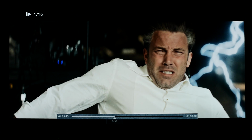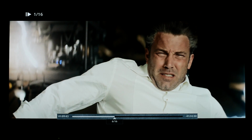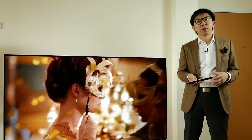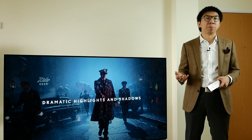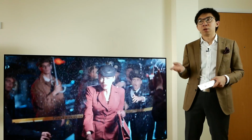So I really like the tone mapping approach of the Panasonic EZ1002. On balance, in my personal opinion, it's the best tone mapping approach for HDR10 that I've seen on any consumer television so far. And the remarkable thing is that this sort of approach, in the past I used to think that it introduces some posterization,